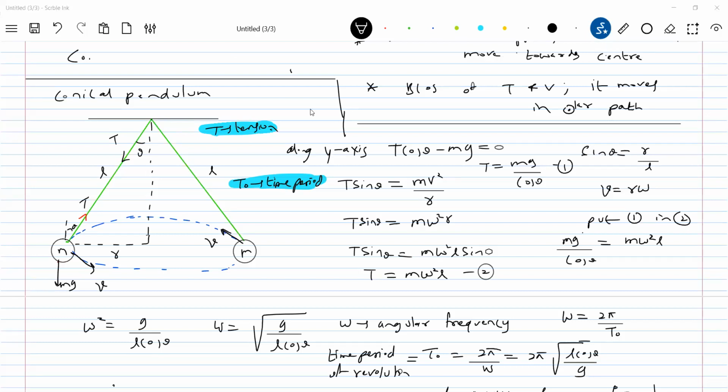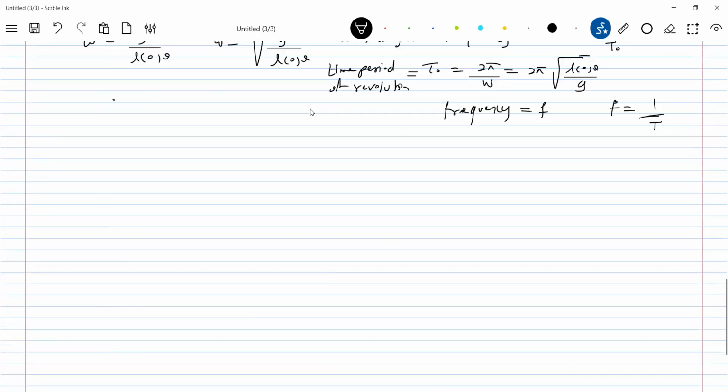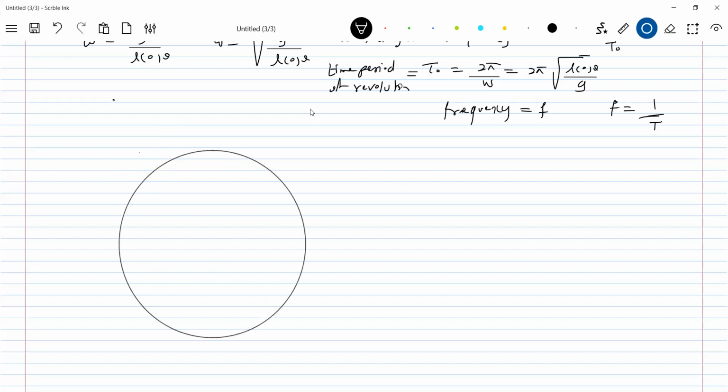Okay, fine. So this is about that thing. So once again, suppose the object. Now, what are the forces? There is one force acting